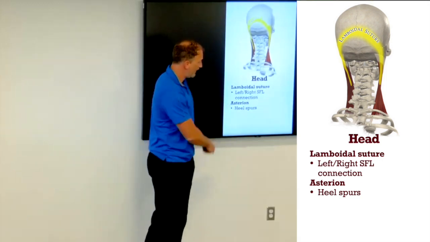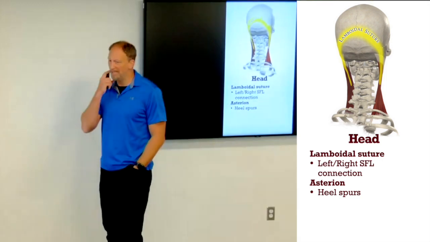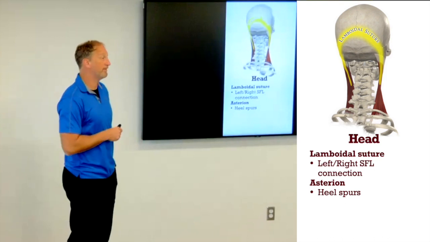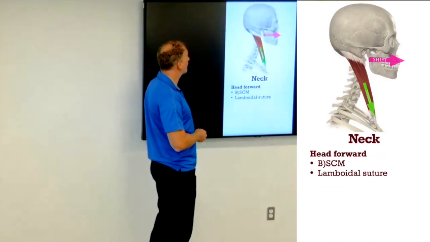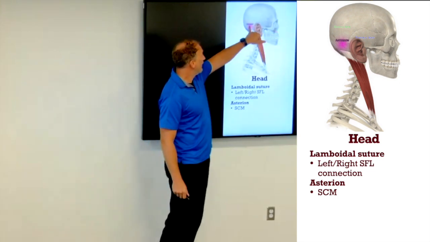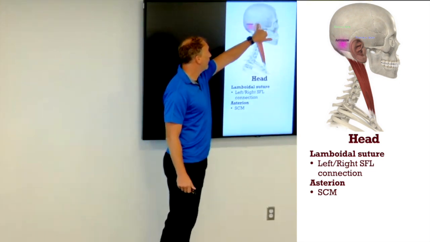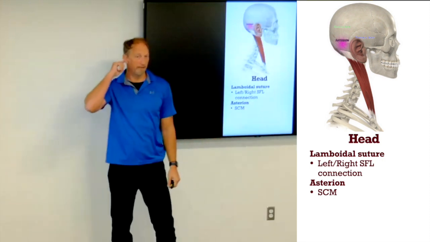The asterion has nothing to do with heel spurs. I don't know why that's there. If you develop a heel spur because of the asterion, you have a problem. The asterion, I talked about that one. The asterion is actually where the occipital bone, the parietal bone, and the temporal bone all come together. So if you find your ear,